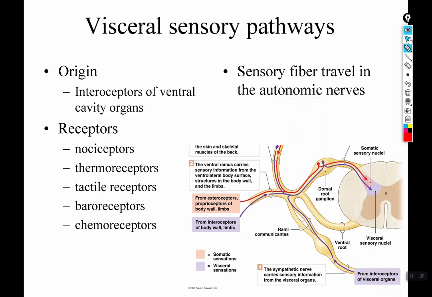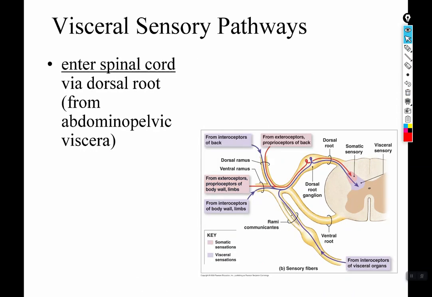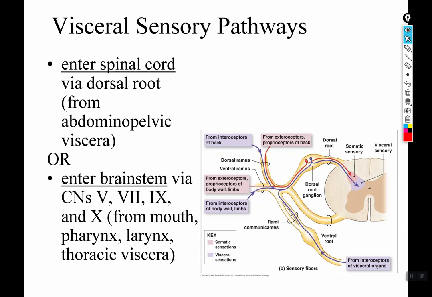All right. So there's two options for visceral sensory pathways, depending on where the visceral sense is occurring. So abdominopelvic viscera, which are obviously lower, these are going to enter the spinal cord via the dorsal root, so pictured here. So this pathway,